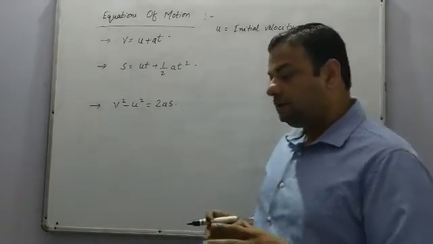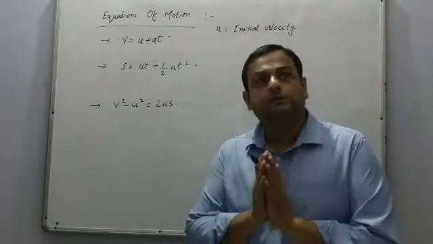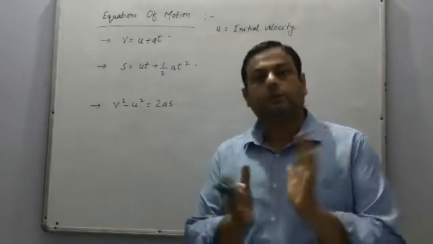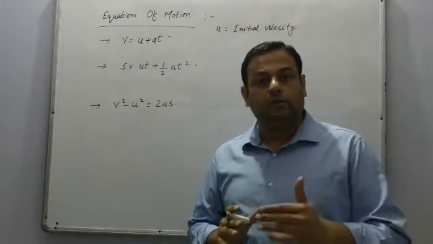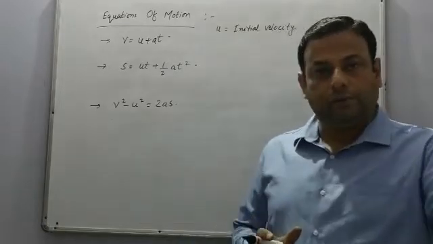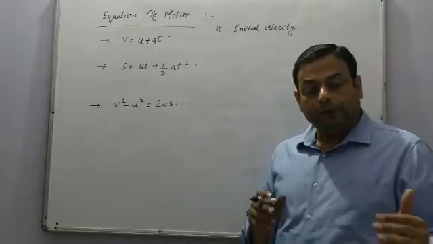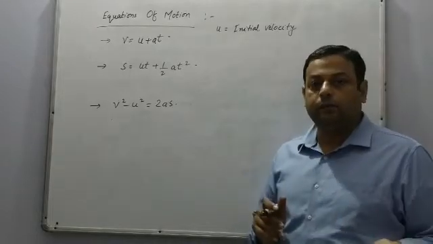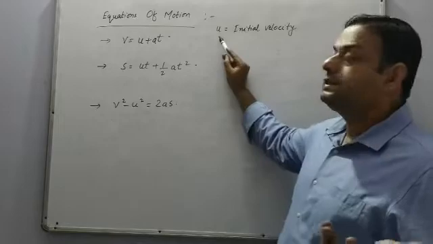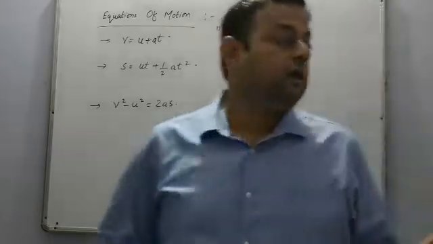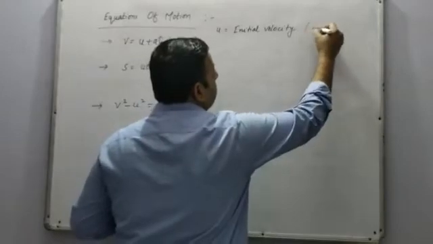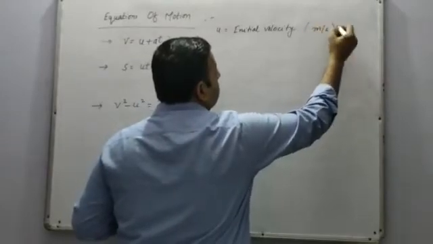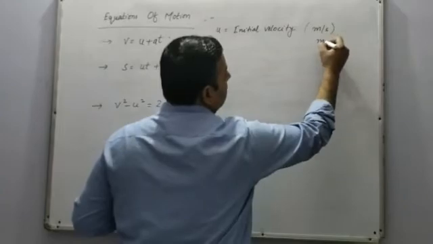In another case, a car is moving on a road at a speed of 36 km per hour. The driver accelerates the pedal and now the car achieves a speed of 54 km per hour. So previously it was at 36 km per hour. This is called the initial velocity. The SI unit of initial velocity is meter per second.